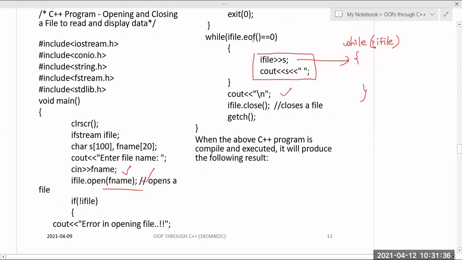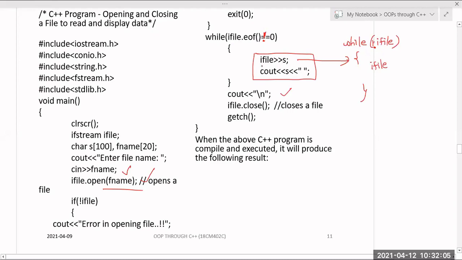So end of file equal to 0, this is 0 equal to 0. Whenever end of file is reached, it will return 0. So 0 not equal to 0 is false, hence it will come out of the loop. But until then, whenever it does not reach the end of file, it has to read the characters from the file. For this I can use it like this, or else I file, where S is directly a character string.